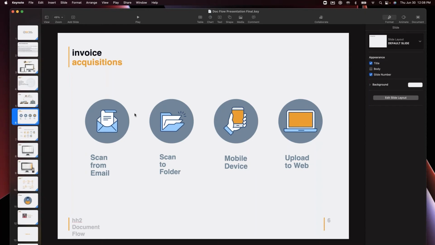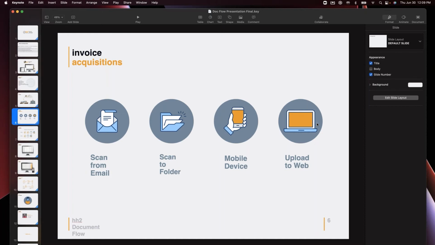Now, the last slide we're going to look at here just identifies how we get information into HH2. So whether you're getting emails sent from your vendors, and that's how you're getting the invoices sent today. Maybe you get paper invoices and you scan them into a folder, or maybe you scan them into someone's email. Maybe you have guys that get items out in the field, like a receipt. HH2 can capture items from our mobile device. We have a web upload that you can do from a web browser, and we even have a vendor portal that can be used. And the whole goal here is we want to make it easy to get information acquired into our system.